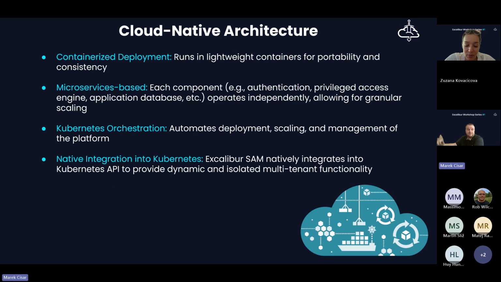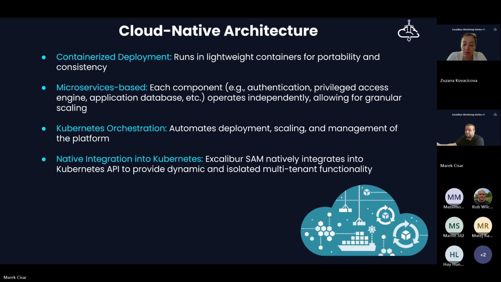Typical approach, Excalibur SAM consists of multiple microservices running as lightweight containers. So we can ensure portability and consistency across almost every environment of all customers. It doesn't matter if the Excalibur SAM runs within the cloud or on premise, or maybe in other, for example, hybrid architecture, which is also supported.